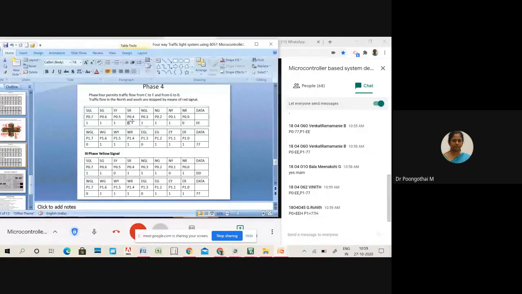North and south red signals should be turned on to block traffic, and east green left and west green left should be turned on to permit vehicles. And when changing to yellow, the south red is changed to south yellow, similarly your north red is changed to north yellow. So here it is EE, not DD.